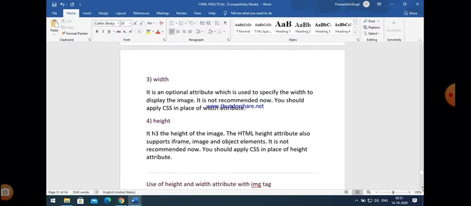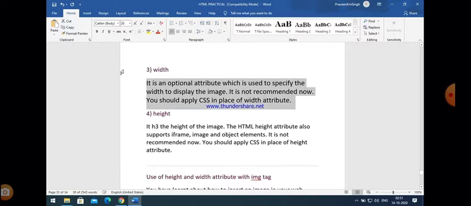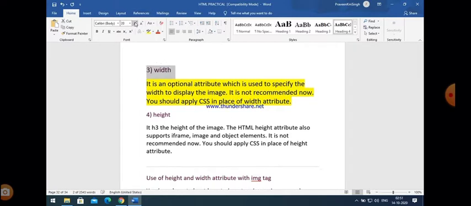Then width and height, these are also very important, because if you want to insert an image into a web page, then the image should have some width. If you don't define width and height, then it will take the whole page, or it may be repeated.